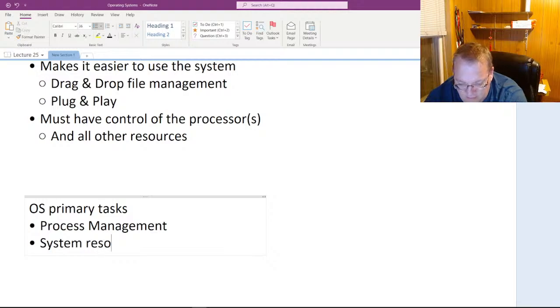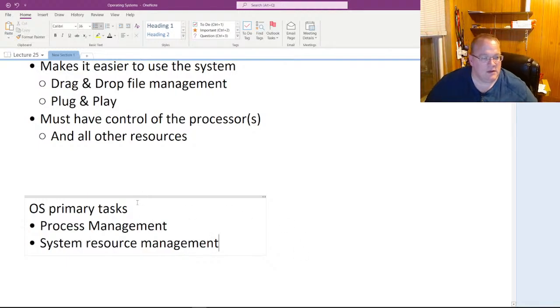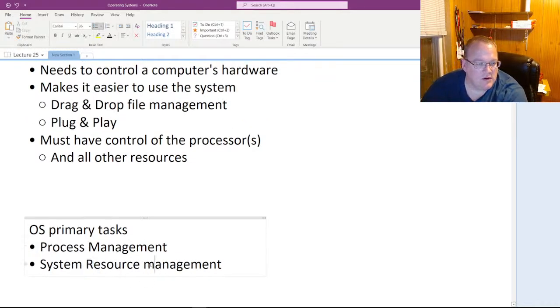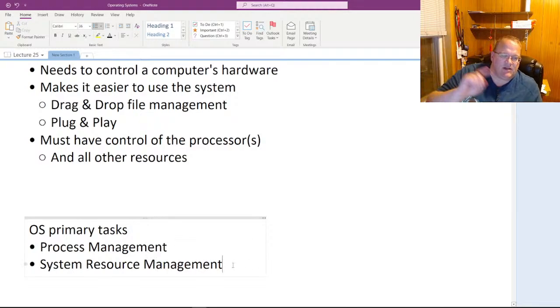System resource management. I should capitalize those, huh? So, okay. System resource management says that,